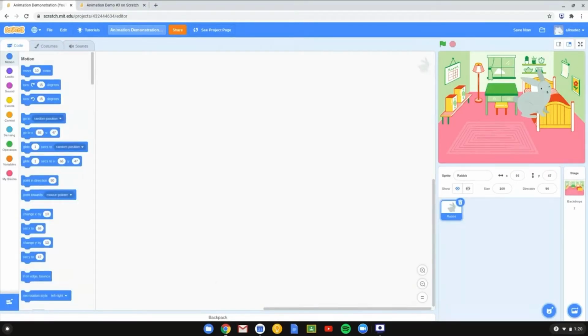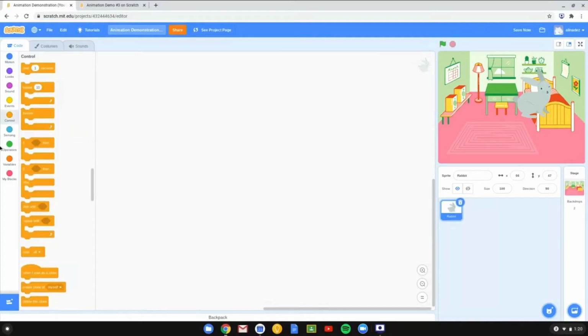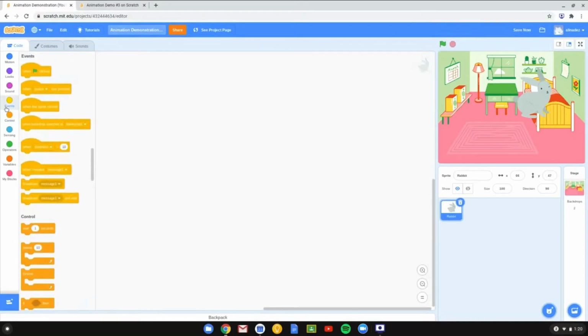Once we've done that, we're going to use the first block that we always use no matter what type of animation or game, whatever you're doing in Scratch. This will be the first block you always use regardless of what type of animation you're trying to achieve. First, you're going to go to events. And what we're going to do is click this first tab right here where it says when the green flag